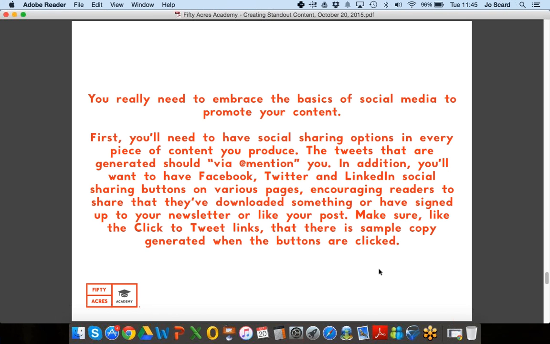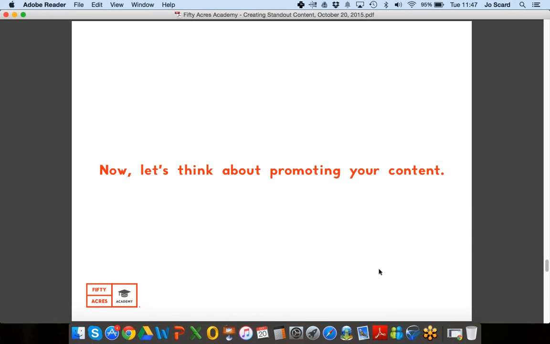It goes without saying that you really need to embrace the basics of social media to promote your content. First, you'll need to have social sharing options in every piece of content you produce. We've all seen, when reading newspaper stories that we like, that you can share them on Facebook or Twitter or LinkedIn. Sometimes people have a lot of sharing options, and I think sometimes there are too many. But